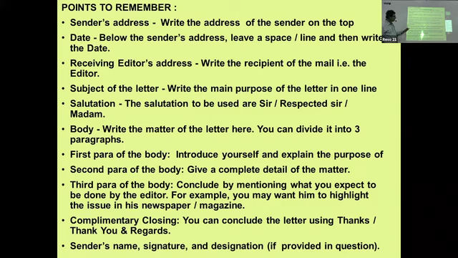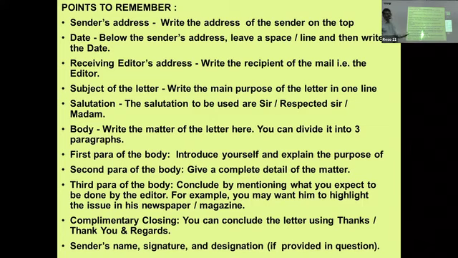Second will be the paragraph, the body, the main content. Whatever the spice of the letter is will be there in paragraph number 2. And the third will be the concluding paragraph. If you have any suggestions, we'll put them up. If you are expecting something from the editor, you can put that in the concluding one.